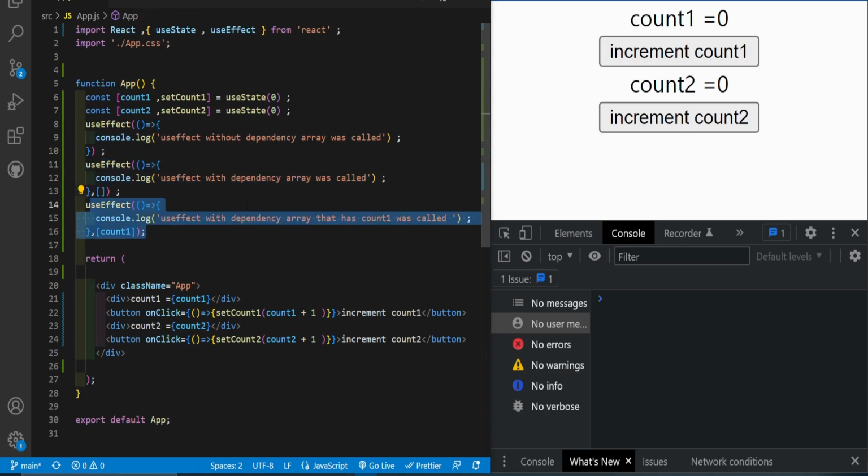We are going to print messages in our console, but in the second one we have an empty dependency array. In the last one we have a dependency array with a count state. So it's going to keep track of the count 1. If it has changed, then it's going to execute this function. Okay,